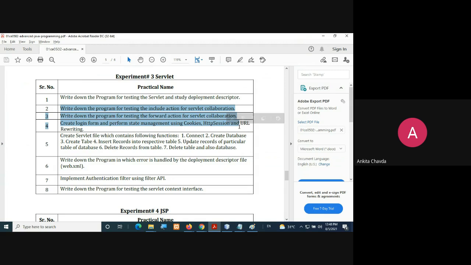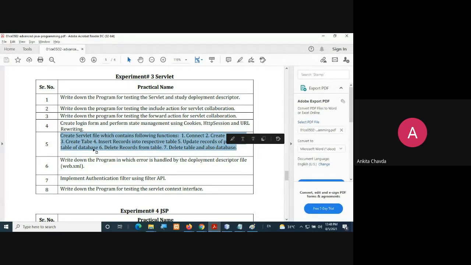Okay, fine. And here also you need this. Create the servlet file which contains the following functions. We need to connect, then create the database, then create a table, then insert records into the table, then update the records of the particular table, delete the records, and delete the table and also the database.